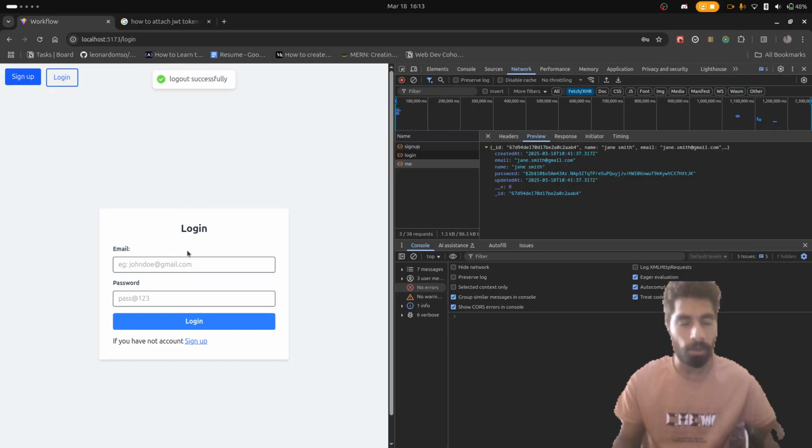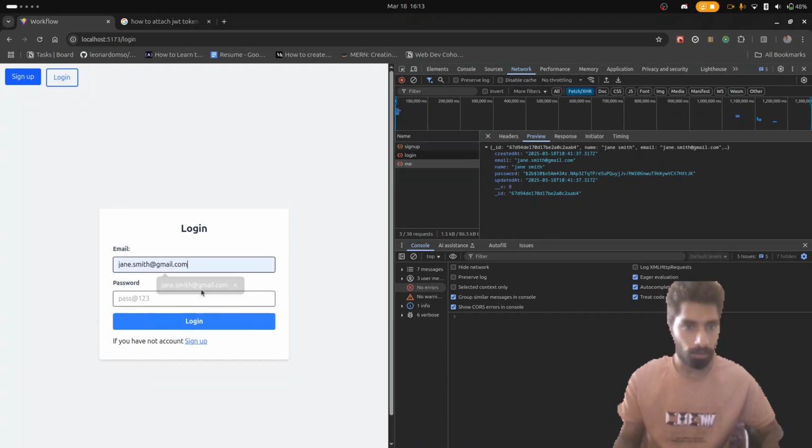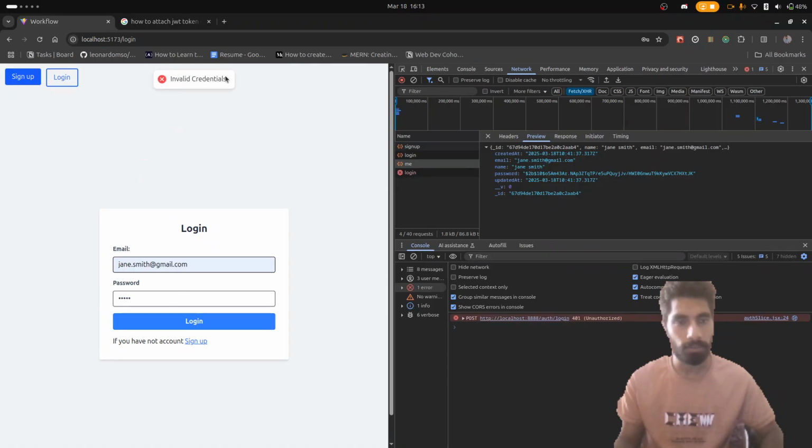Let's see, if the user did not put the correct email and password, it will not redirect to the dashboard. It says invalid credentials, and if we correct the credentials, it